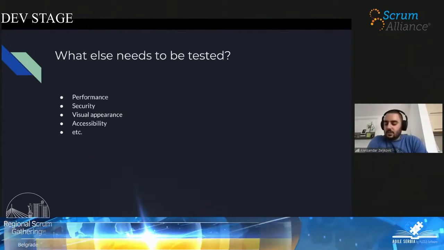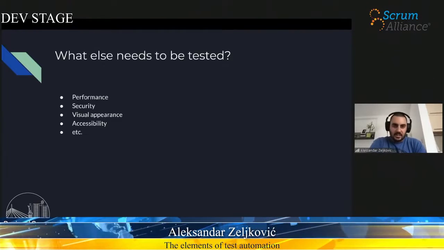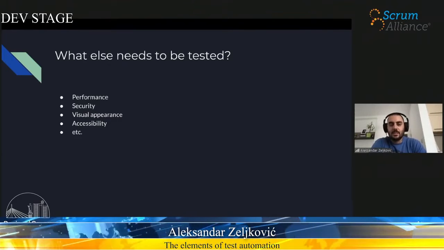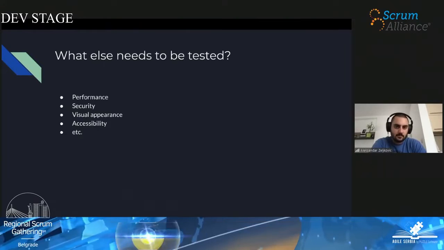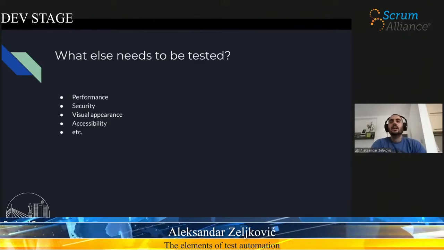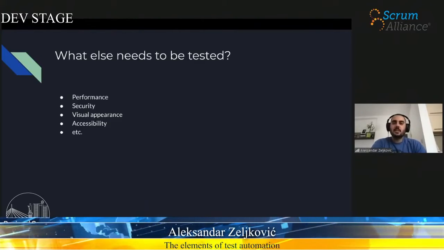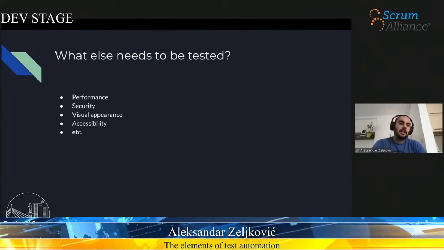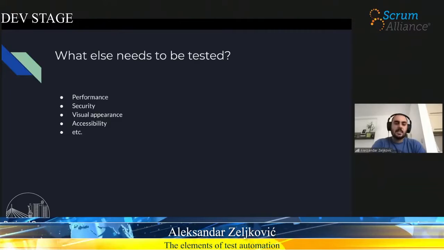That's not all. Those three types of tests are the foundation, but there are a lot more things beyond that that need to be tested in a realistic project. Some examples are performance testing. You want to know how your application performs under a certain load, how many users can use it simultaneously, what will be the response time, will your application fail? If your application fails, how will it recover, and so on and so on. So this is very important.